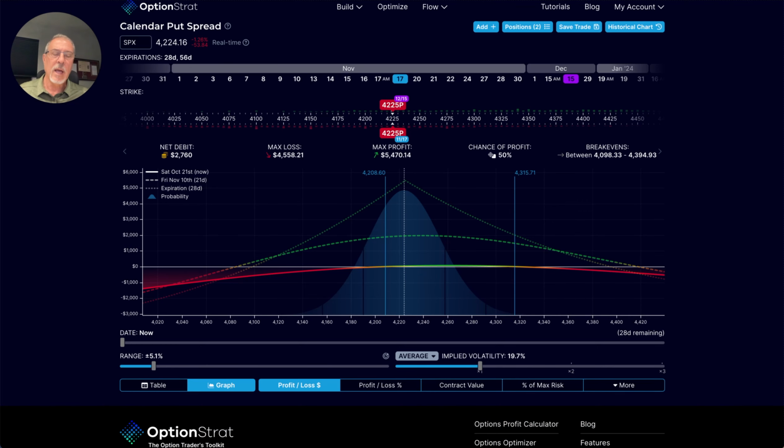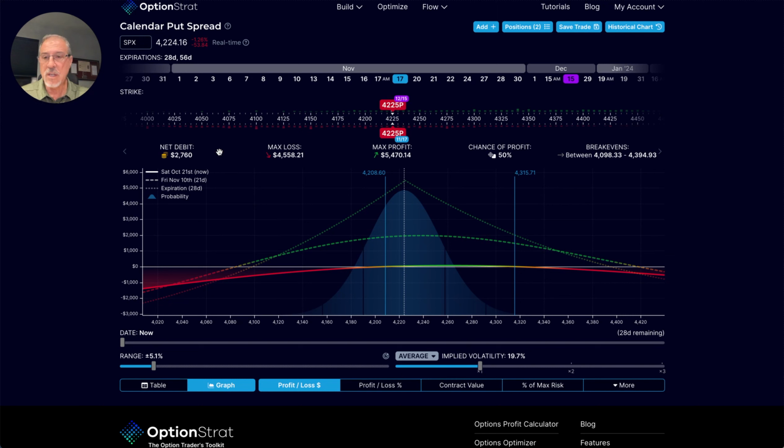So what I meant by one of the big questions is a calendar spread a positive Vega spread? In other words, you will often hear people say that, oh, a calendar is a perfect trade for lower volatility environments because when volatility increases, that trade will show some profit. And the reason people say that is because they superficially go to an options trading platform. They put in a calendar like this one. In this case, I have sold the front period option, the 42.25 on November 17th. I've purchased the back period, the December 15th,